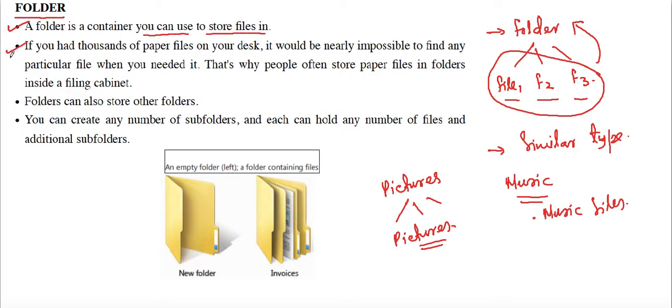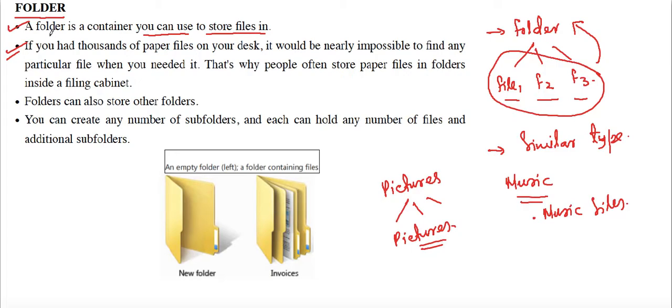Let's take an analogy. Suppose you are working in some office, and on your desk you have thousands of paper files. If those paper files are not put in an organized way and are lying on your desk randomly, it will be very difficult to search for a file if you need it immediately.